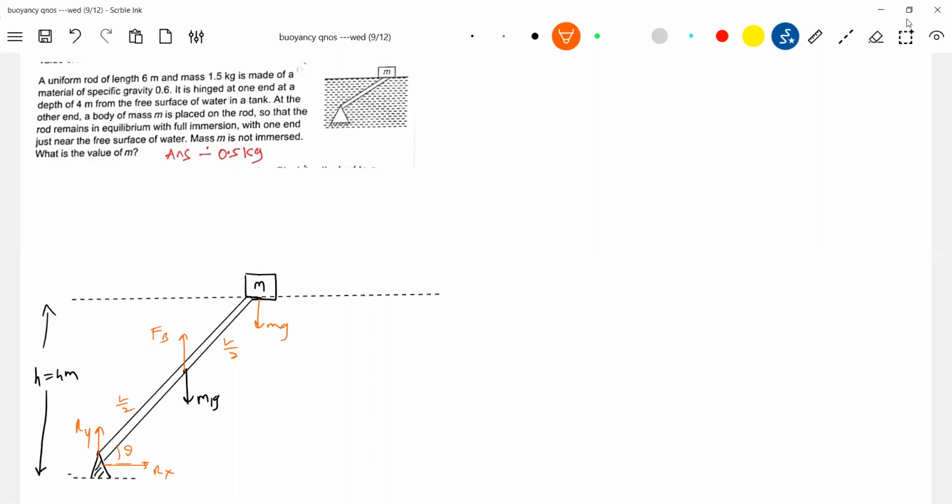Can we equate forces? If we equate forces, what is the problem? Ry plus Fb minus mg minus m1g equals 0. We know buoyant force, there's no problem with this. This m is unknown. We know m1g. We don't know Ry. That's why this equation will not help us. Shall I go for torque? I'll go for torque. So what is the expression for torque?